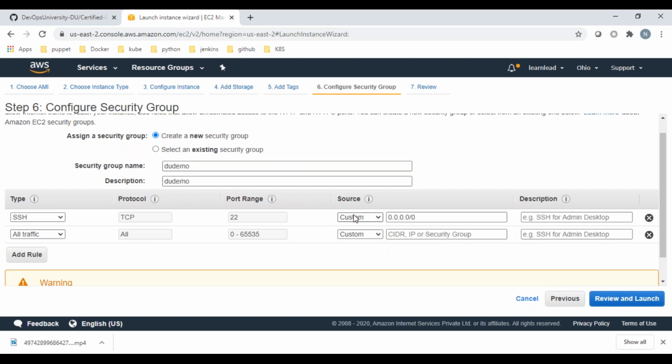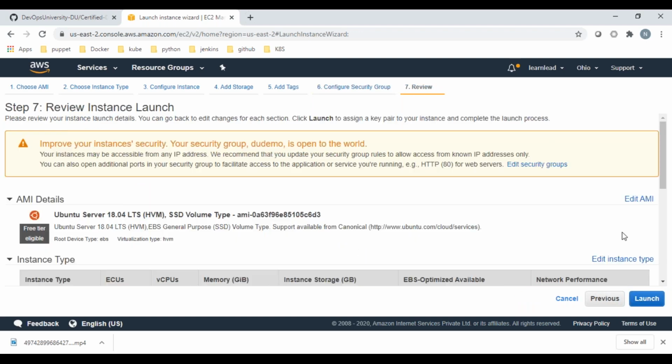And under the source column, team, ensure that you select Anywhere, for both the rules, Anywhere and Anywhere. That will help us again to ensure you will be able to access your software accordingly. So here it is, team. Once you do these two settings, ensure that you have these two settings, and then say Review and Launch,